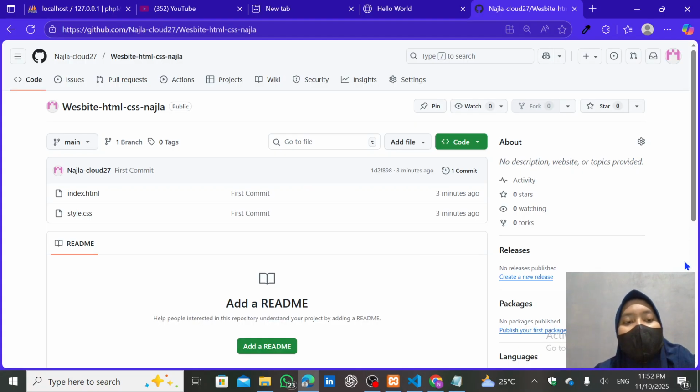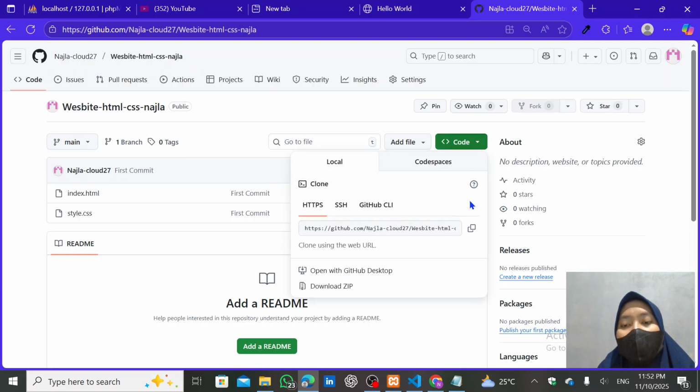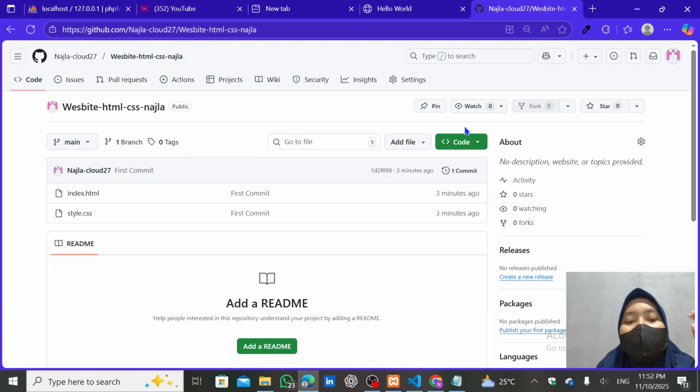And now the repository page on GitHub shows instructions and a green Code button, and I copy the HTTPS address. I also copied the three or four commands from the command line.